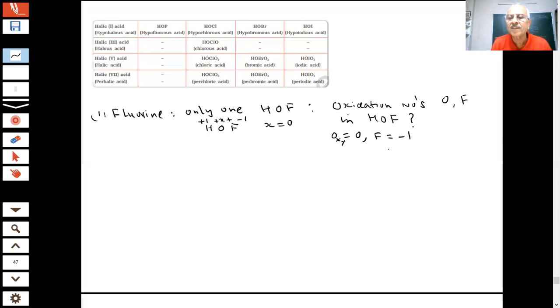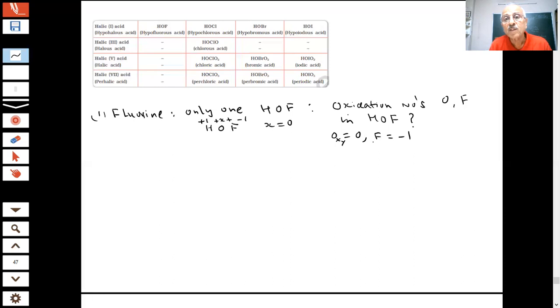Something is interesting here. Because oxygen is 0, you have seen -2 is the main oxides. And in peroxide, you have seen the oxygen state is -1. Only in O2 we talked of 0, but here you are getting 0. That's why this question was given. There is a lot of confusion here.